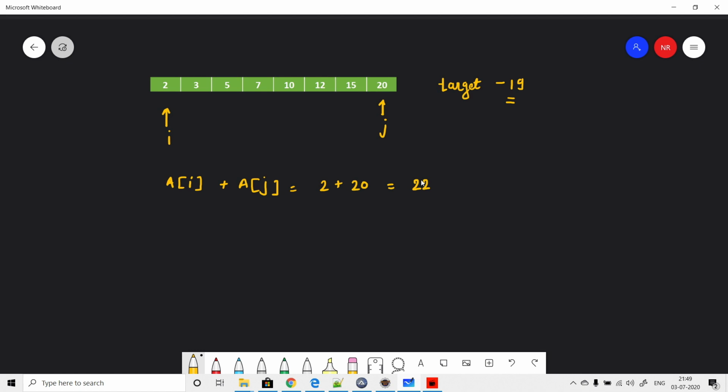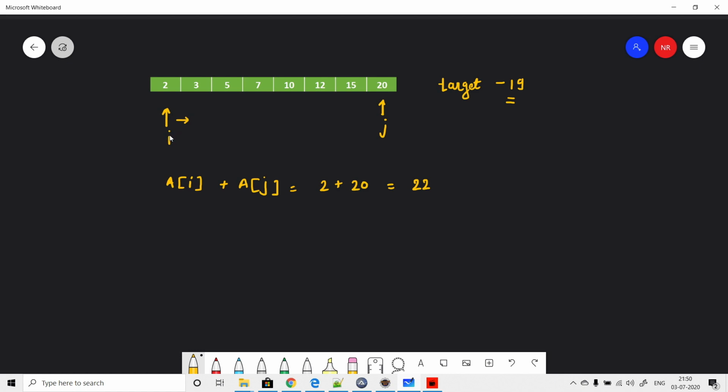In this case, which pointer will we move so that the sum we get will be close to 19? What I mean is very near to 19. We are not interested right now in getting directly to 19, but we will try to reach 19. If you see, let's say I have this pointer as well as this pointer. If I move this pointer and keep the other steady, it will increase your sum.